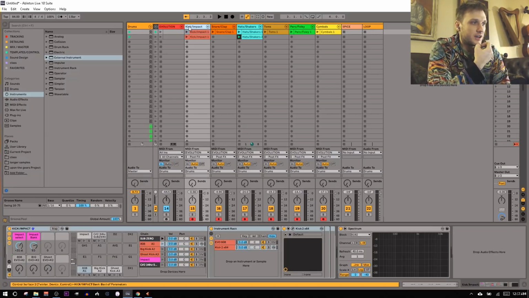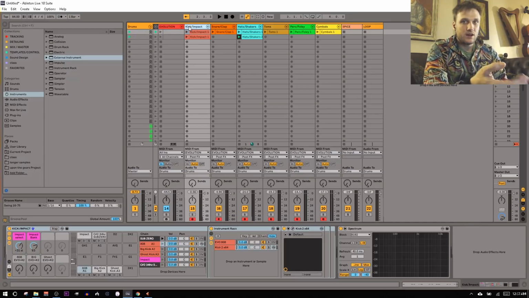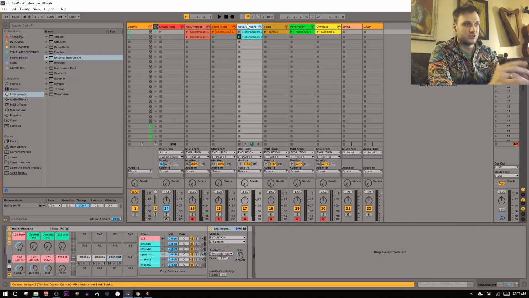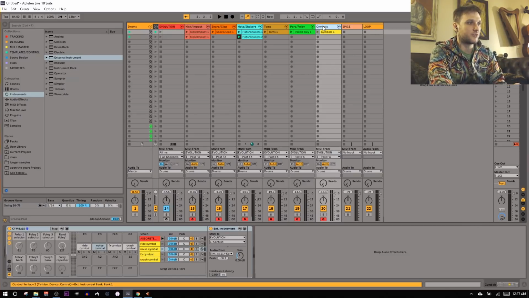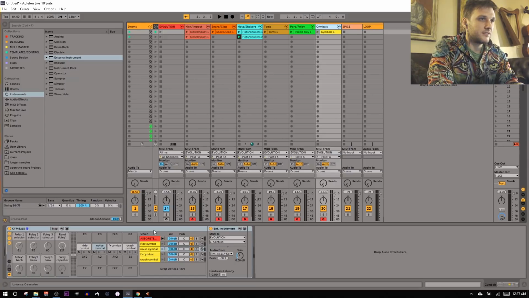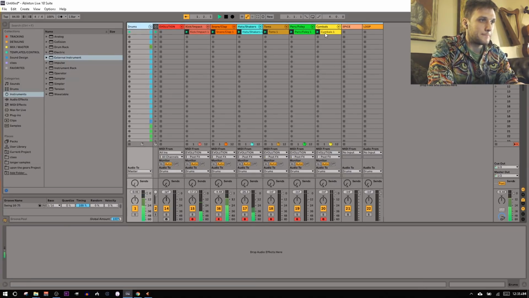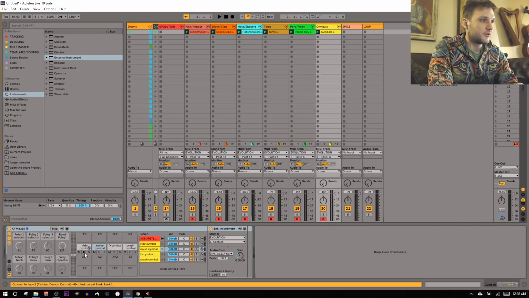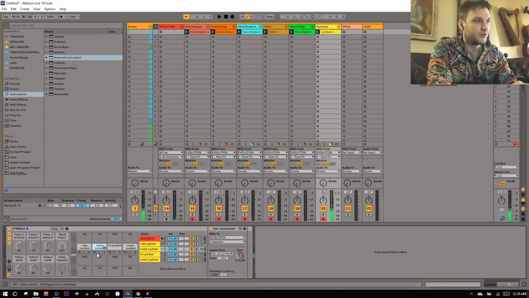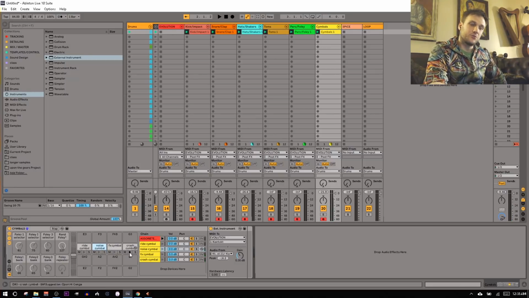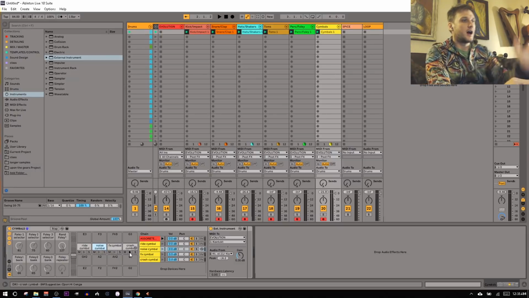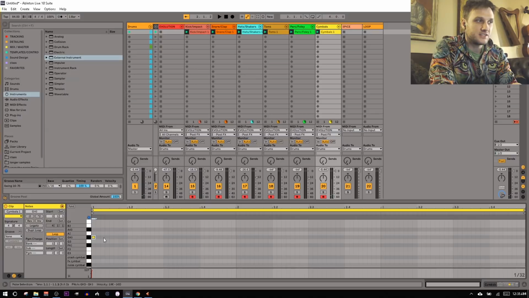So I'm going to get into how I've tricked out these racks now, because all of these are actually better than just Drumvolution, right? It could be Drumvolution, but I've actually set it up more advanced. So I'm going to start with the cymbals just because it's the most obvious. All right, so let's just hit play for a second. Super basic. So let's check out these cymbals. Now these are the cymbals that are in Evolution right now. That's fine, but usually these are kind of like placeholders for me. I'll pick ones that I like and then I'll use them, but this rack's way more powerful. Every single one of these notes